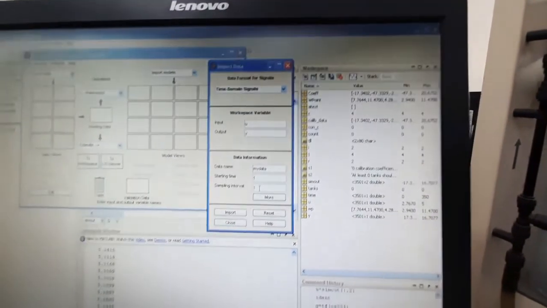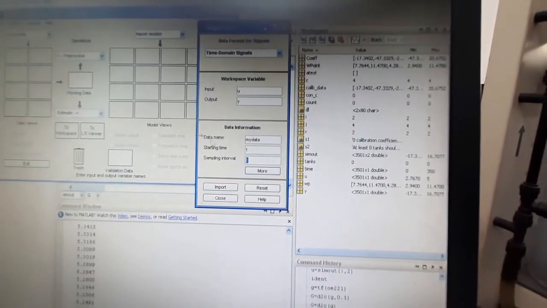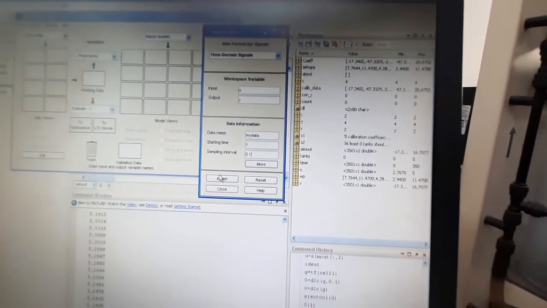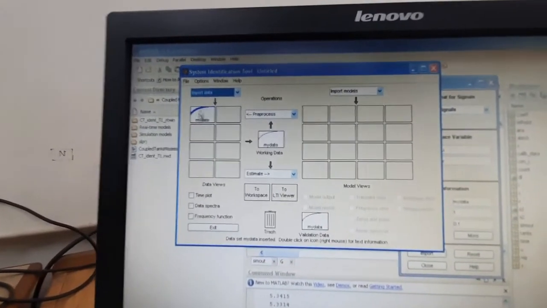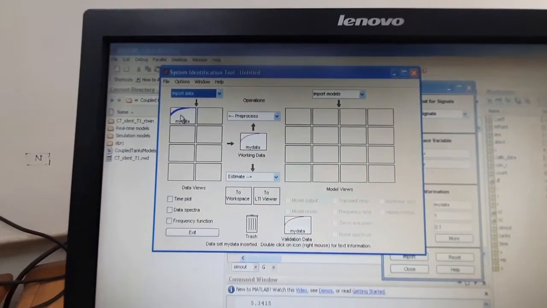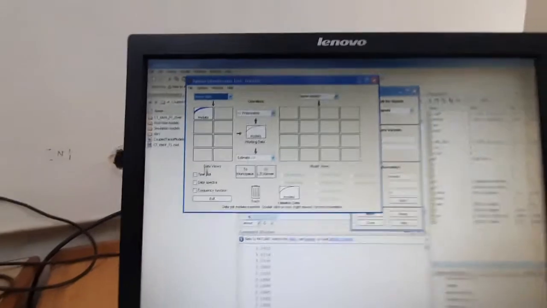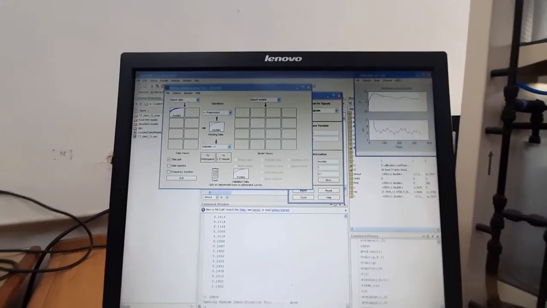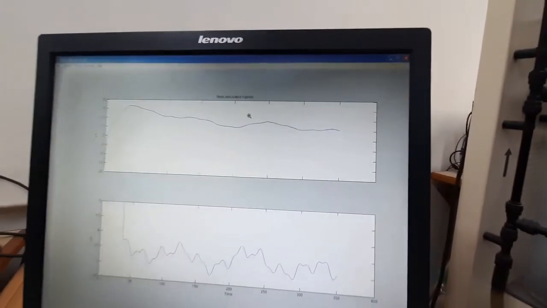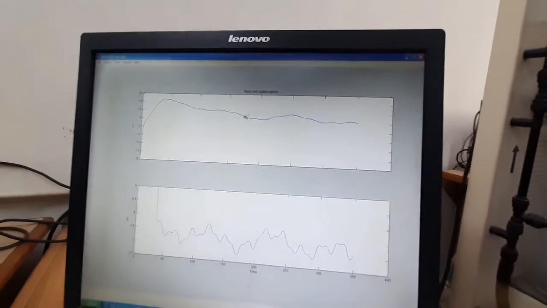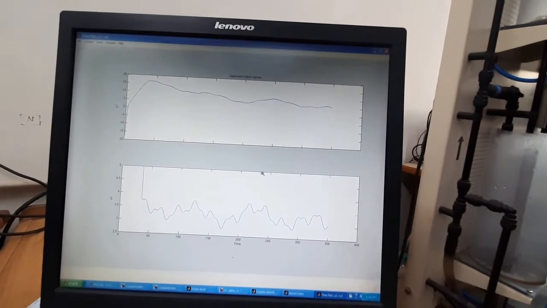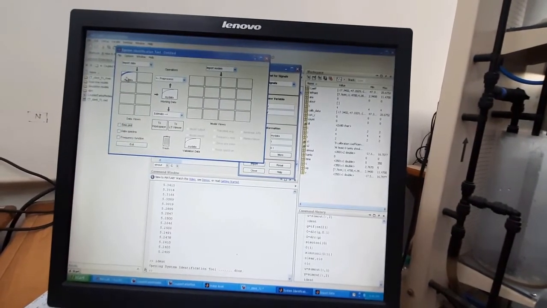Here the sample interval, that means while estimating what should be our sample interval, suppose I am giving 0.1. Then you have to put input. Once you put that input, you can see there is a change on the left hand side. So now that input output data is stored as my data variable. If you click on this my data and click on time plot, you can see this is your input and this is your output. So this is my tank level, how it is changing with respect to these inputs. So this variable is already available.